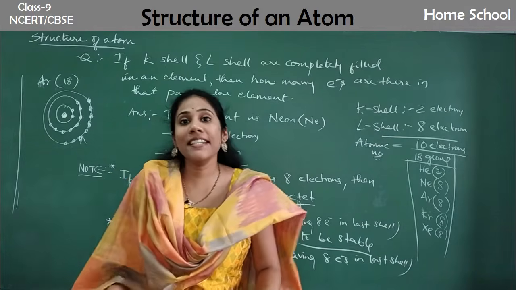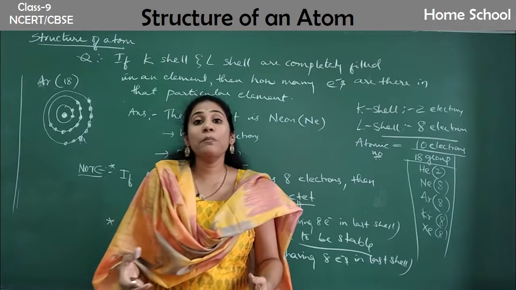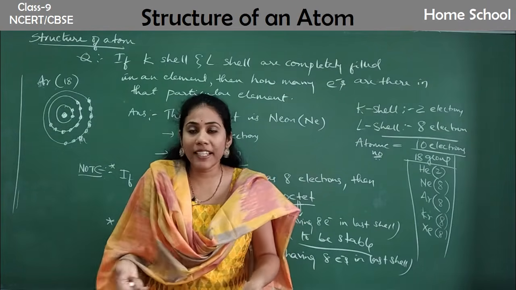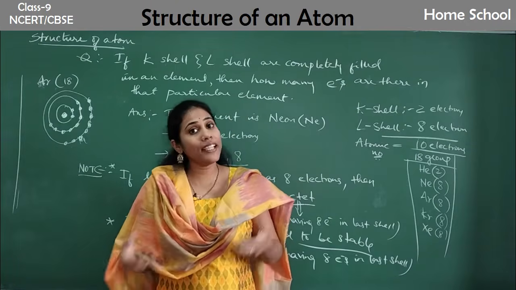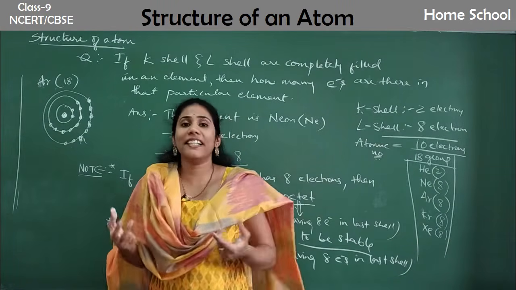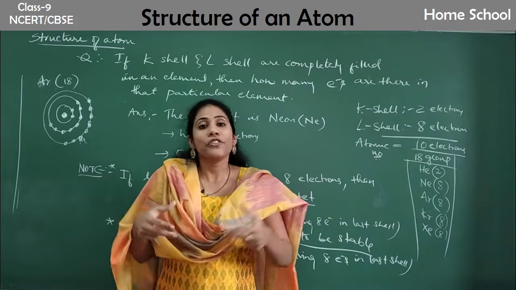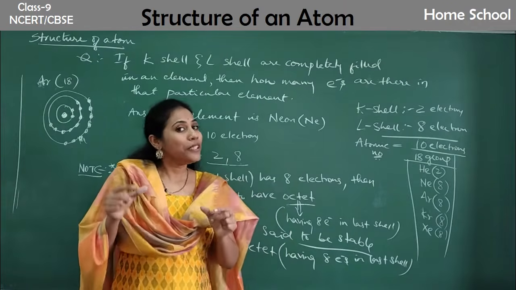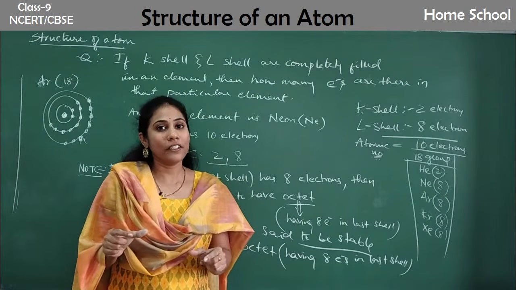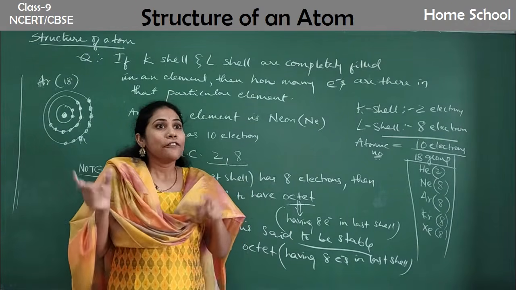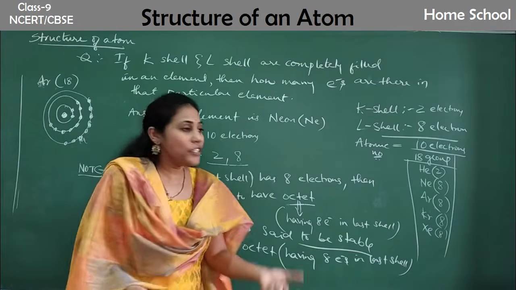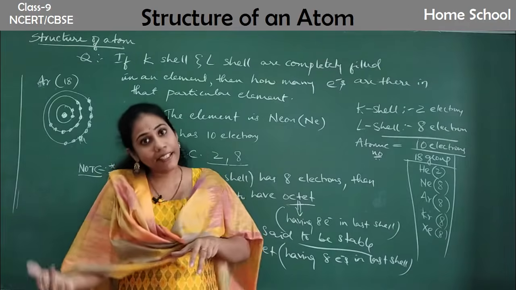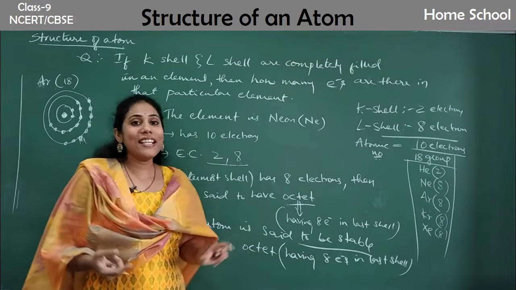So that is the reason most of the atoms will undergo chemical reaction, because chemical reaction itself is losing or gaining electrons. If they lose or gain electrons, then only they will have that 8 electrons in their last shell, isn't it? So that is what we call valency. Let us discuss more about this concept called valency. Let us try to analyze which element is losing how many electrons to achieve 8 in the last shell and which element is gaining how many electrons to have 8 electrons in the last shell.